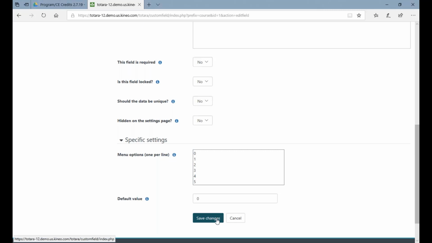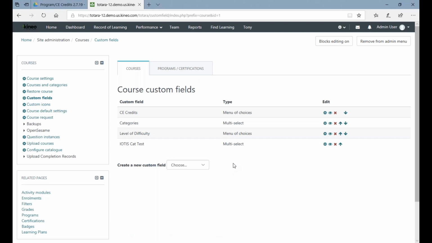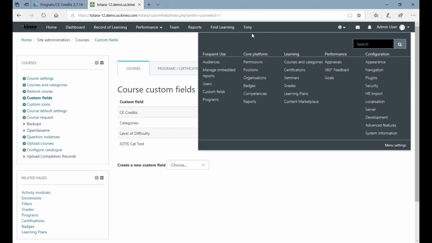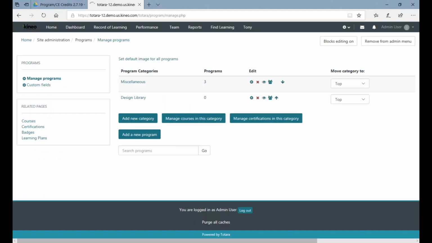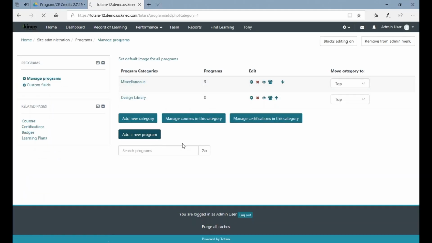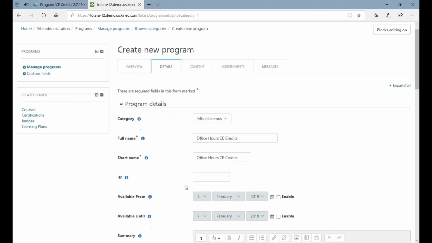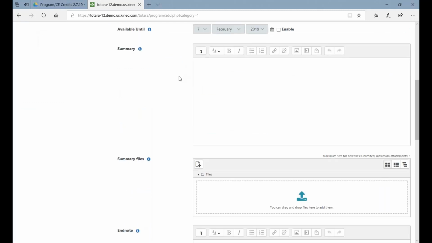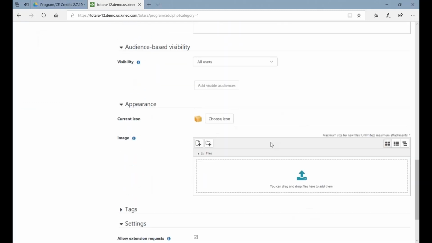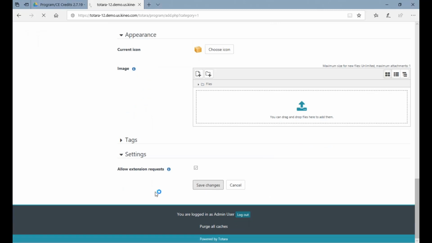And I've gone through and I've set this on a few specific courses within this demo site. The next part that we need to do is create our program. So I'm going to manage my programs, and I'm going to create a new program. Let's call this Office Hours CE Credits, and let's go ahead and call that the same short name. All of this, you can fill in the ID, the available from, all of your usual visibility and icons and images. I'm just going to hit save here